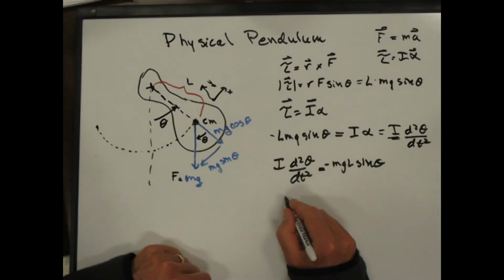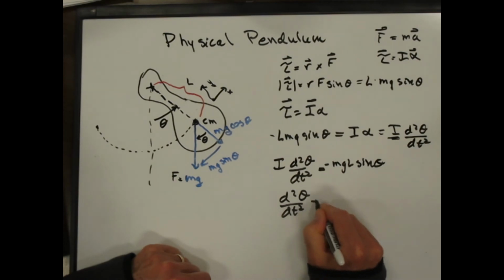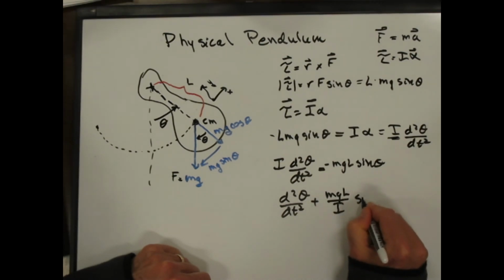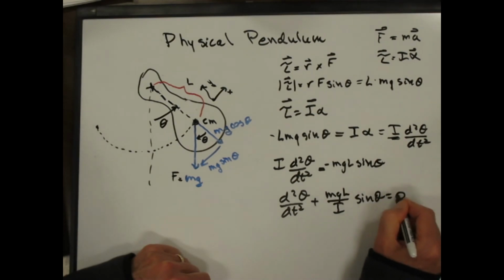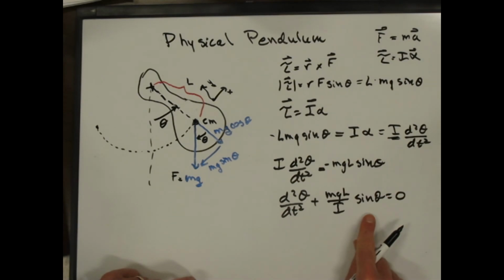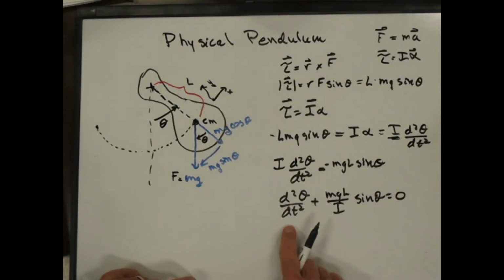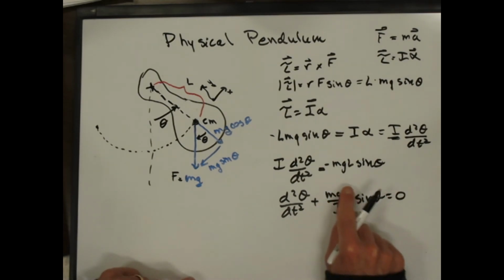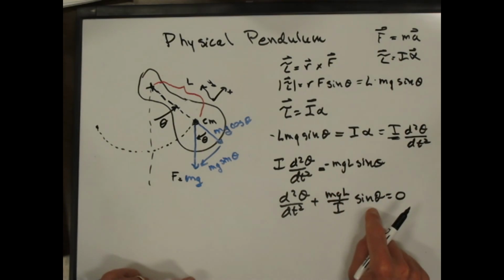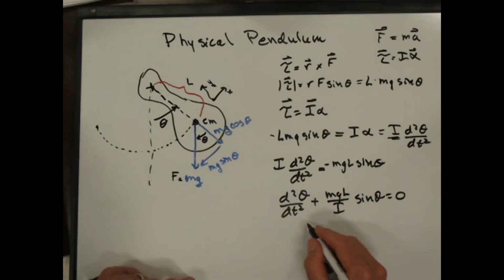And so I can rewrite this as d squared theta over dt squared plus mgl over I times sine theta is equal to 0. You can see this is looking exactly like the simple pendulum problem, where we get a second derivative in theta, some constant that depends on the physicality of the problem, and then a sine theta here. And so for small angles,